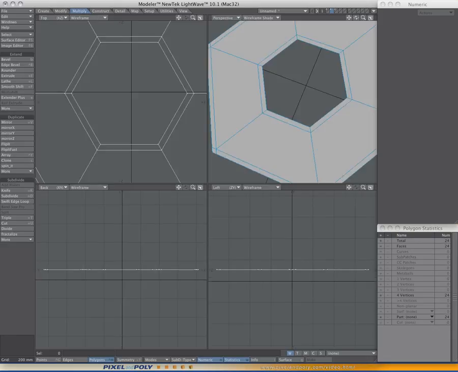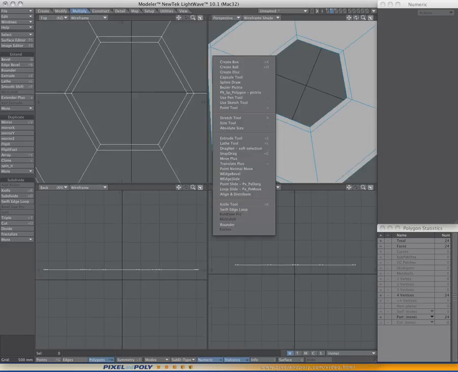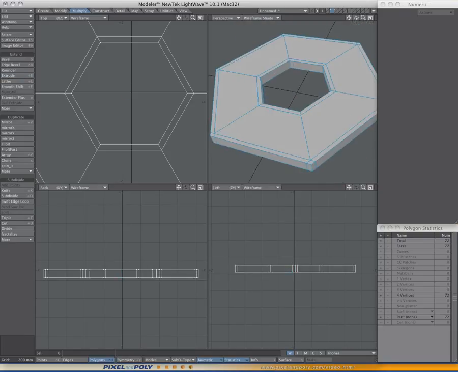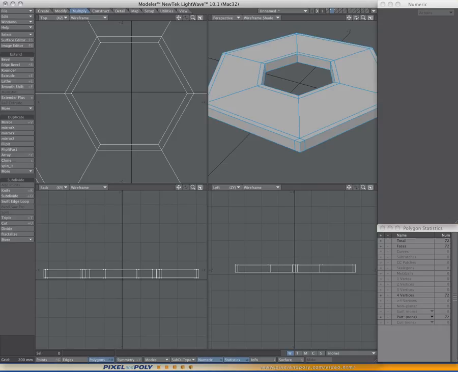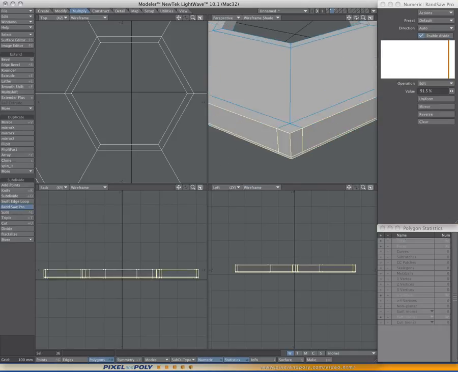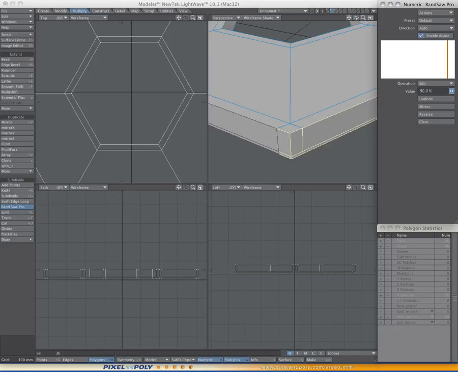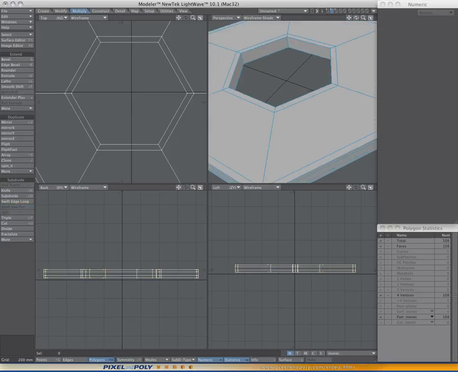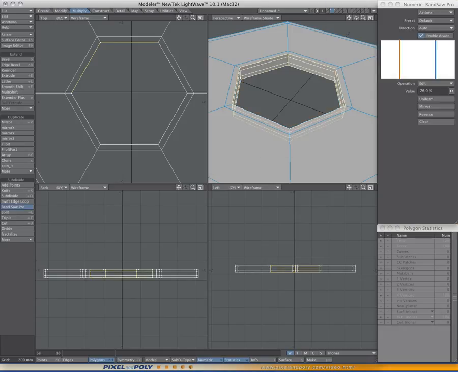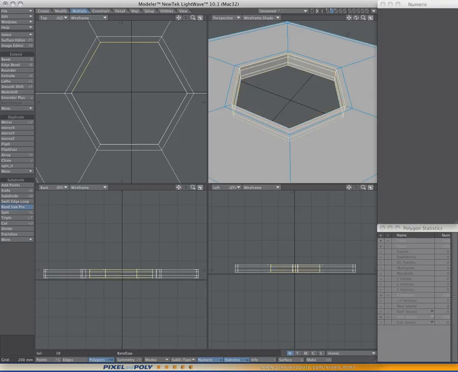So if we go back to our 4-view setup, I'm just going to extrude this shape down a little bit, and then I'm going to select 2 polygons on the outside, go back to Bandsaw Pro, and move that edge up a little bit and hit the mirror key so we get one on the top and bottom, and just do the same thing on those inside edges. So select 2 polygons, go to Bandsaw Pro, the last setting will be there,